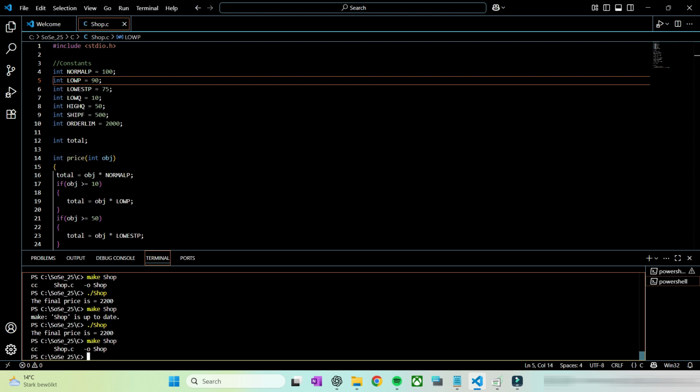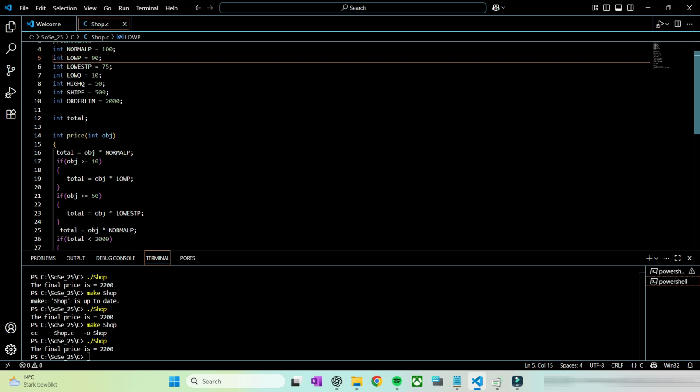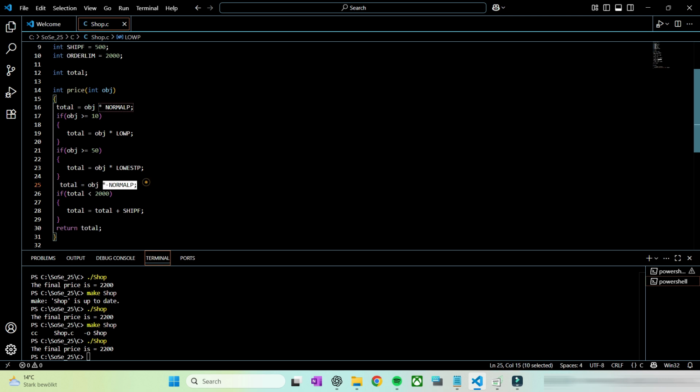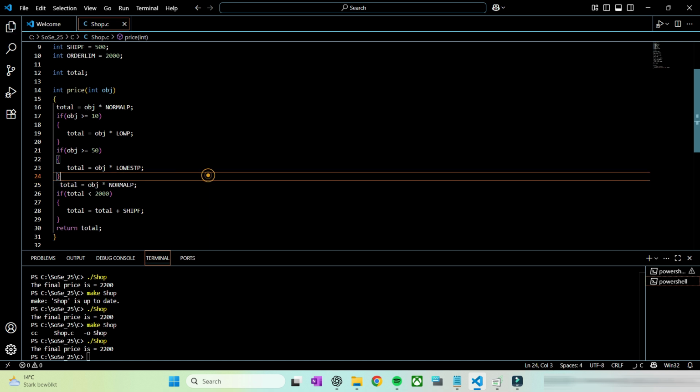Let's make shop, and let's run our code. We are still making that error. So the low price is 90. I need to remove this line because what's happening is it calculates the price depending on the number of objects,